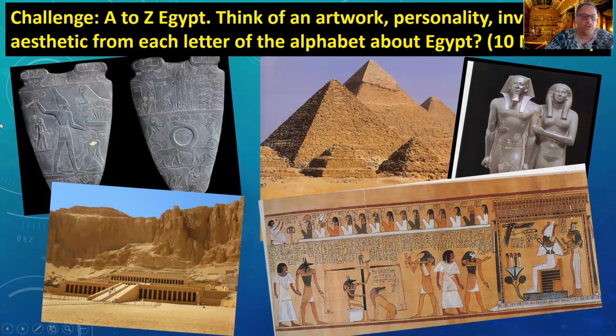And so the last thing we'll do in class, and I'll leave you to do this on your own, is that challenge A to Z. Can you think of an artwork, a personality, an invention, or an aesthetic from each letter of the alphabet about Egypt? If you don't want to do that,